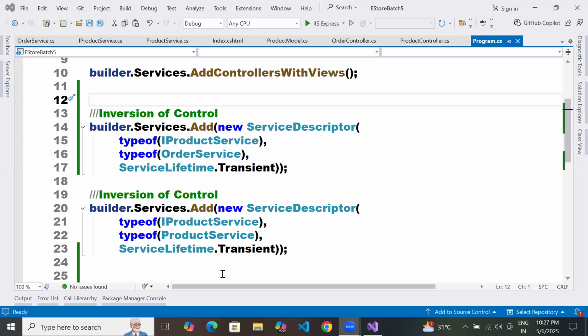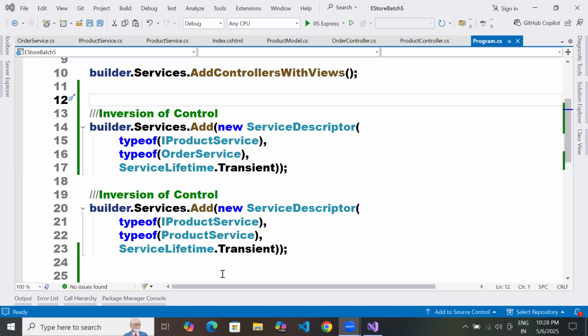Suppose I have ICarService, and a Honda service or something is implementing it. At runtime, how is it achieved? When you try to create an object of a base class, will your parent class object get instantiated or not?